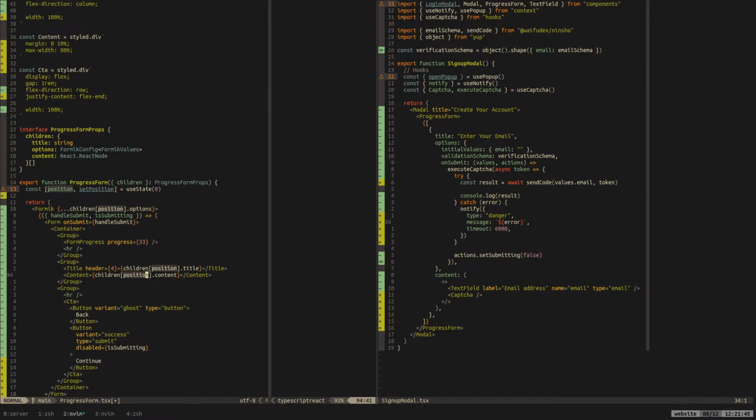What we would need is, instead of having just a number here for progress, we would want an expression that takes the total length of the steps and something to do with the position, probably. Like, if it's 0,